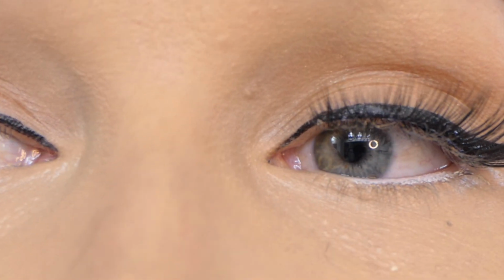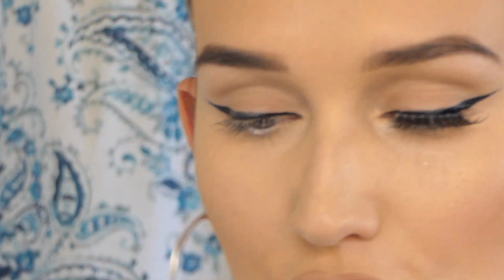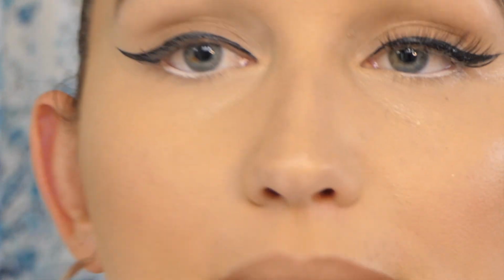Okay, so we've got our eyelash on. One thing that I don't do that other people do is put on mascara before. I feel like that interferes when I put on the lash, because I used to have long lashes before I did my eyelash extensions, and now I have these little eyelashes and they stick straight out now. Weirdest thing. But when I put mascara on them, it kind of just interferes with my fake eyelash. So I do it afterwards, but you definitely want to put it on because as you can see,